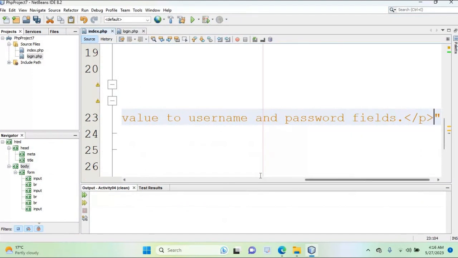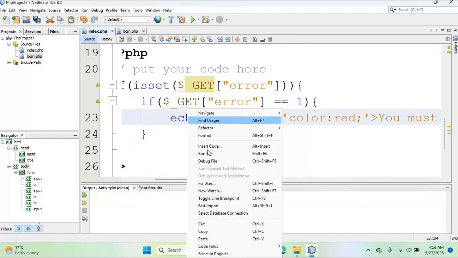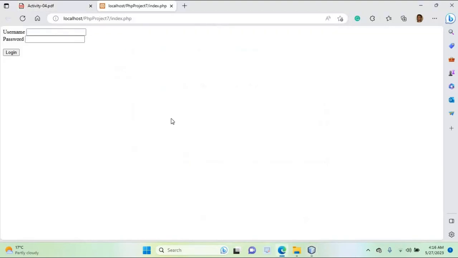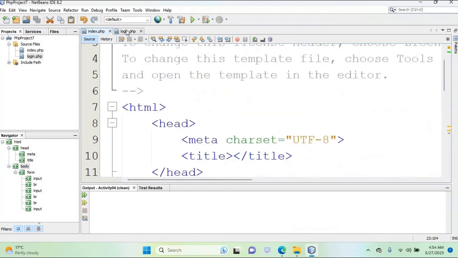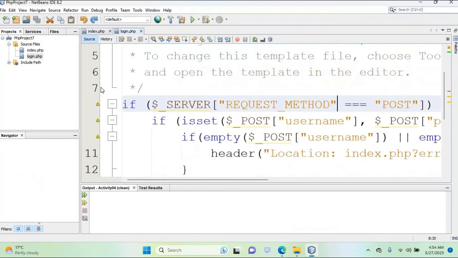Okay, so now I'm going to run this one, and I'm going to submit this information without adding any value. Okay, let's see what this error is. You can see it's on line 8. So I will go to the code, and this is my login.php file, and this is the 7th line, and this is the 8th one. So here you can see that